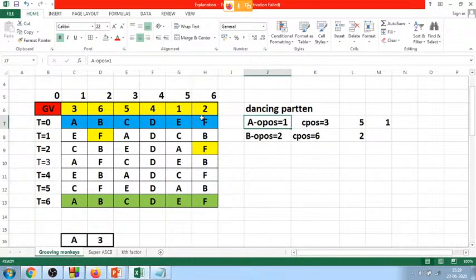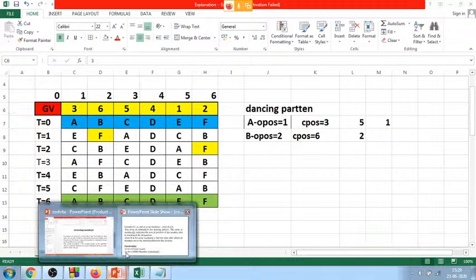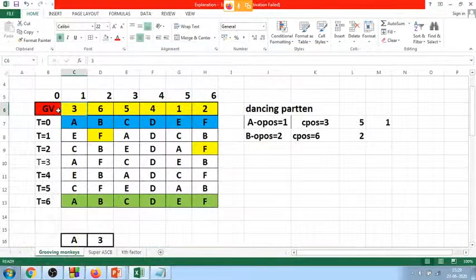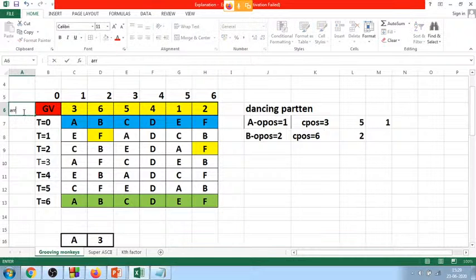So at the first step initially your original position and current position will be here, and for the next iteration where does it go? It goes to the 3 position, right? So what is your current position, 3? Where does this 3 get stored? It will be stored in this particular value, right? I mean, where is it? Okay, in your array. This is your original array. Let me name this one so it makes it clear. Array of